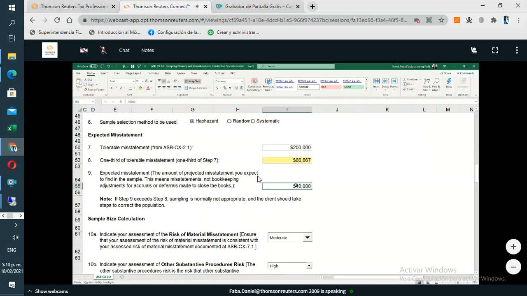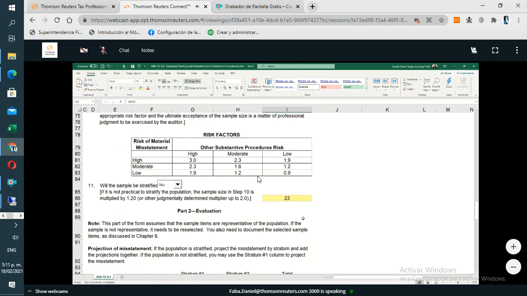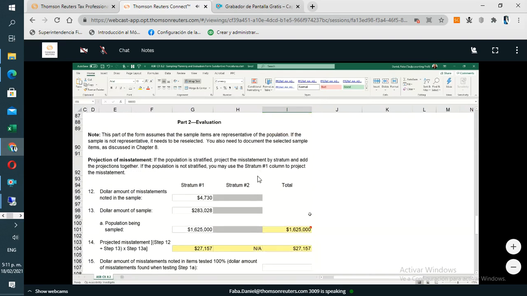Again, I would highly encourage, I've seen teams put 0 here, and I would argue that it's very difficult to conclude appropriately at the end of this form if you put 0 here, or say that the expected misstatement is supposed to be none, because at the end of the day, it says, is the sample appropriate? Any deviation, even if it's immaterial, if you say 0 up at that top, would say that the sample has